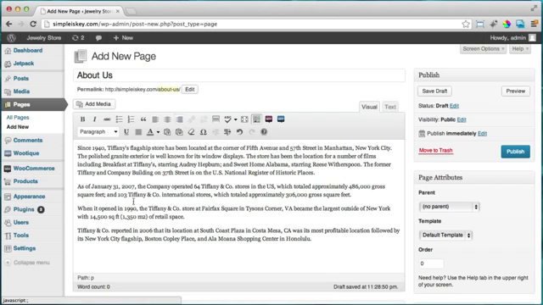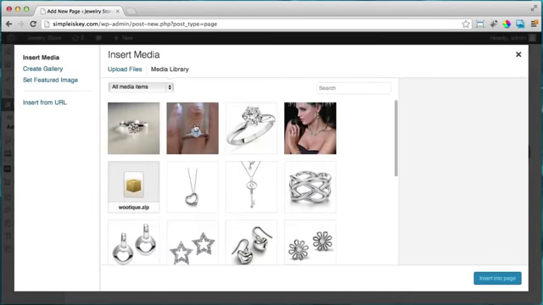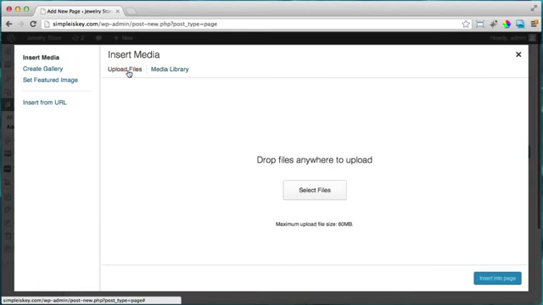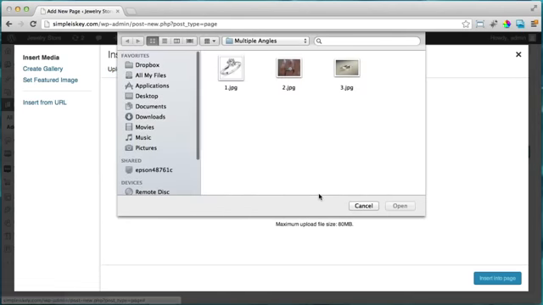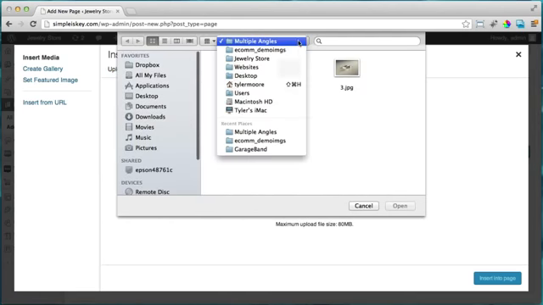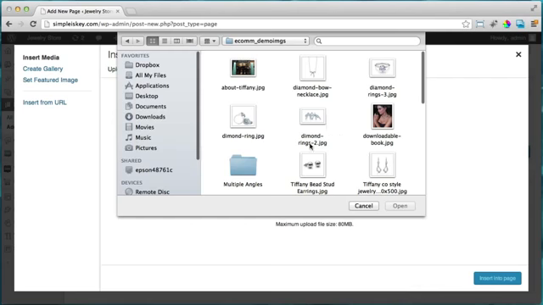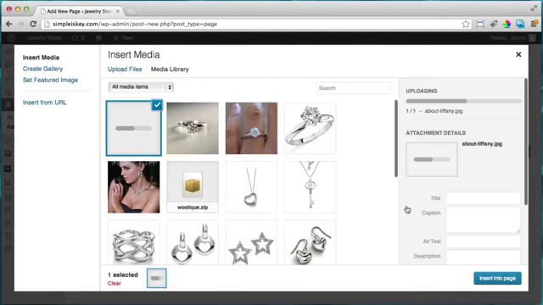Here we're going to add a picture in here on the About page. So I'm just going to click right here before the S, and I'm going to click Add Media. And I'm going to upload files, and I'm going to select the files. So I'll find the About picture, press Open,